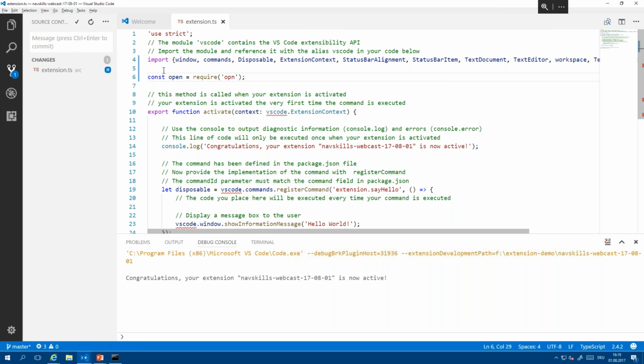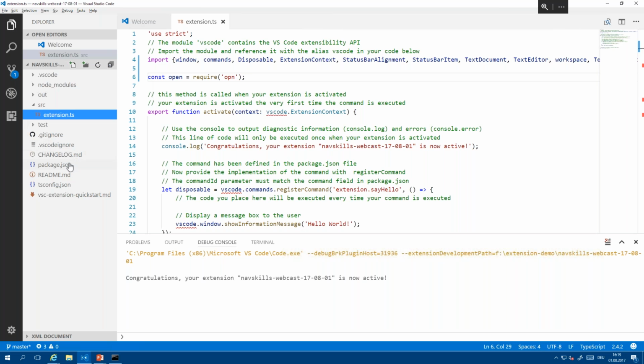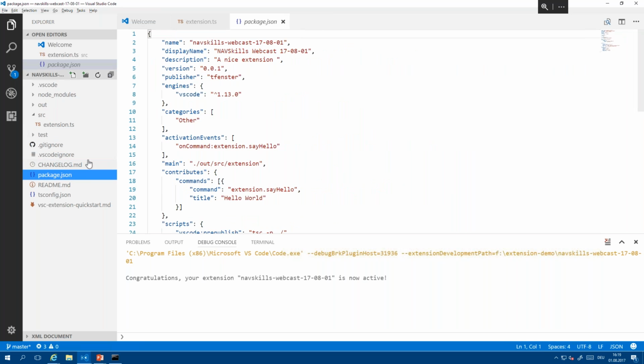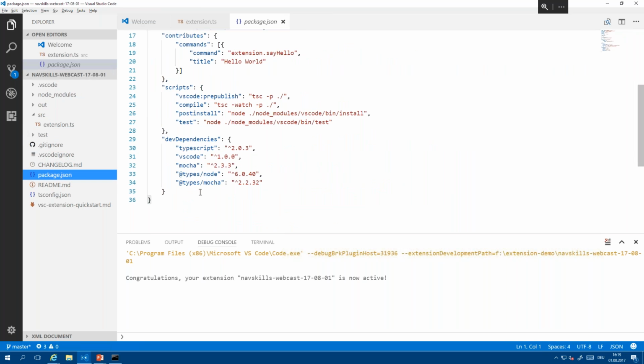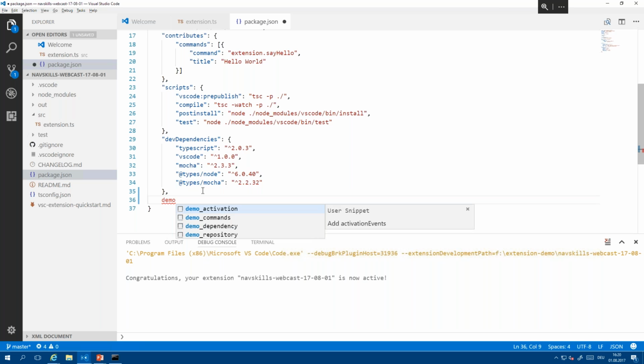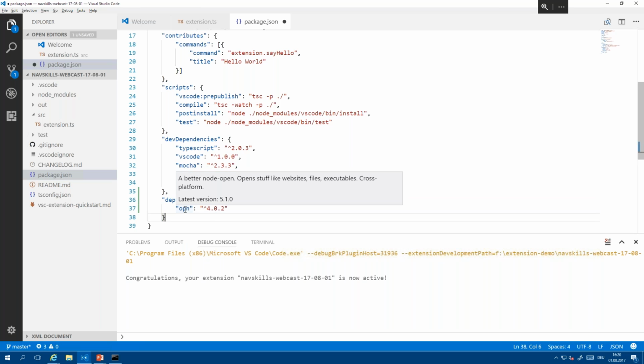This is an additional dependency. So we have to track that in the package.json file as well. And you can see here, those are the dependencies that we need during the development time. And we also have the dependencies that we need during runtime, which are here. And with that, we tell it we want to use OPN, in a version 4.02 and up. You don't have to worry about that when it gets deployed. So if someone later maybe downloads that one and uses it, then it's automatically downloading this. But during the development time, you need to take care of that yourself.